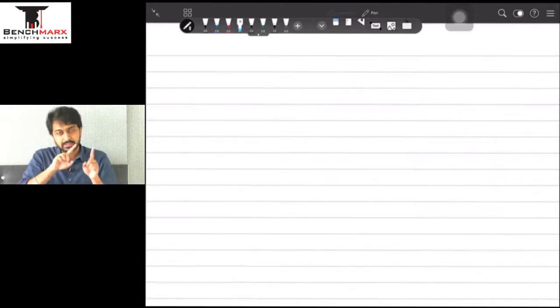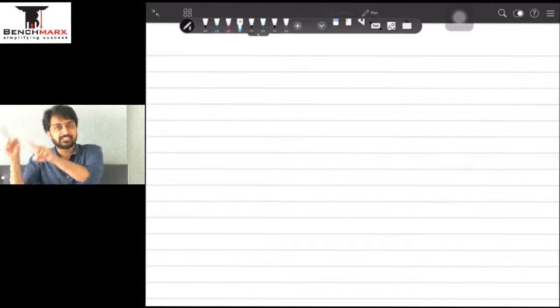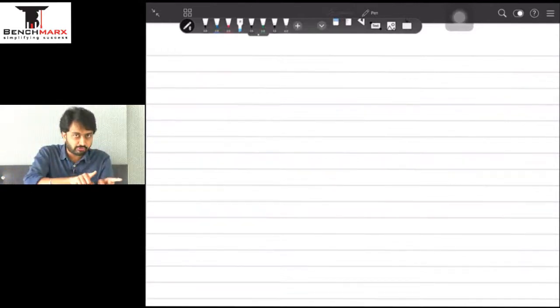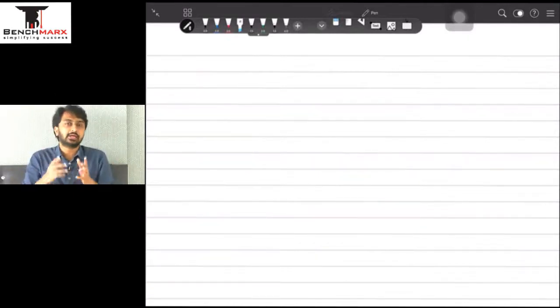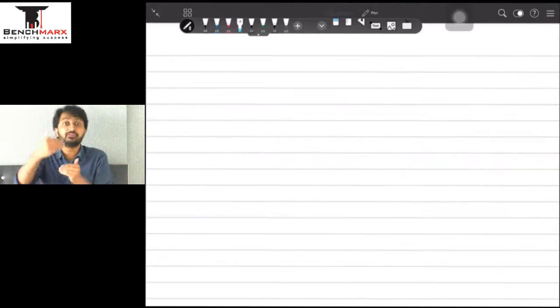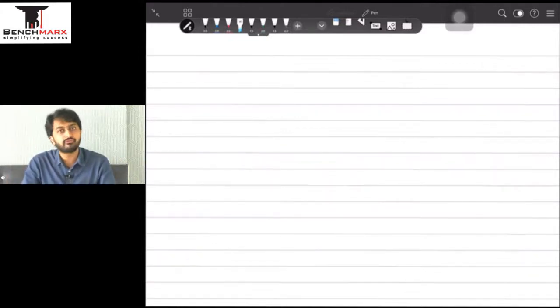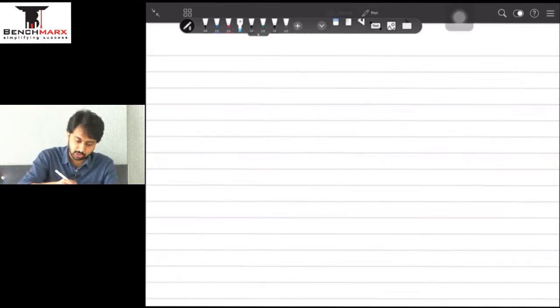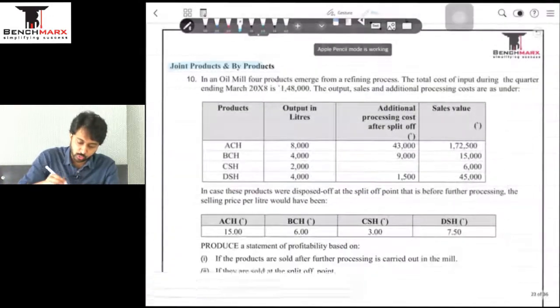Then the next concept was to find the depth in processing. We compare the final sale value with the sale value at split off and compare the incremental sale value with the post separation cost. I will get incremental sale value minus my post separation cost. If there is a net benefit of going ahead, we will go ahead. If there is a net cost to go ahead, we will not go ahead and sell at the point of split off. याद आ गया? Hopefully yes. And based on this simple concept, we are going to solve question number 10,